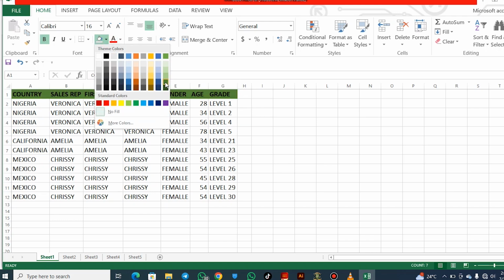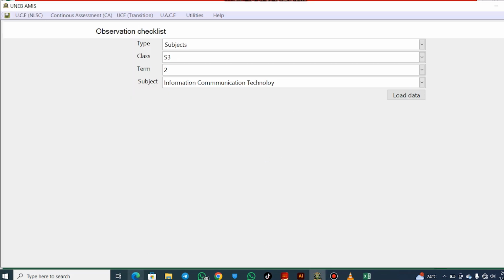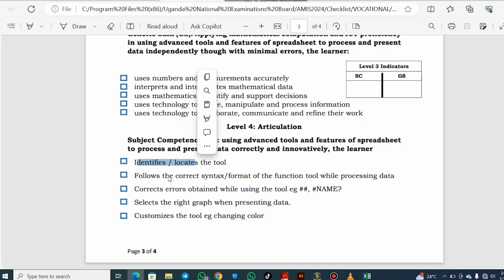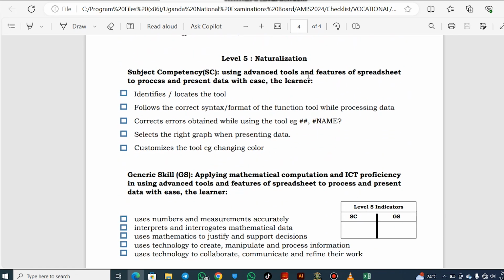Let me give it a different background color like that. Now that is creativity or innovation somebody is putting. So you're going to identify those innovations and creativities and in the process you're scoring them basing on these instructions here, basing on these options given. So after scoring there, you're also going to put here and put here, and then you go to neutralization,